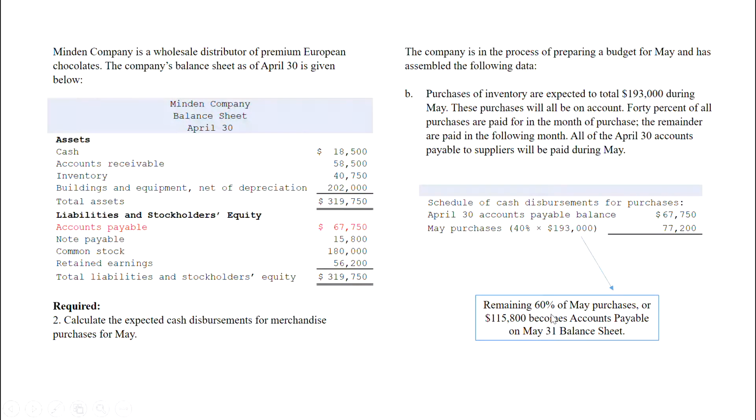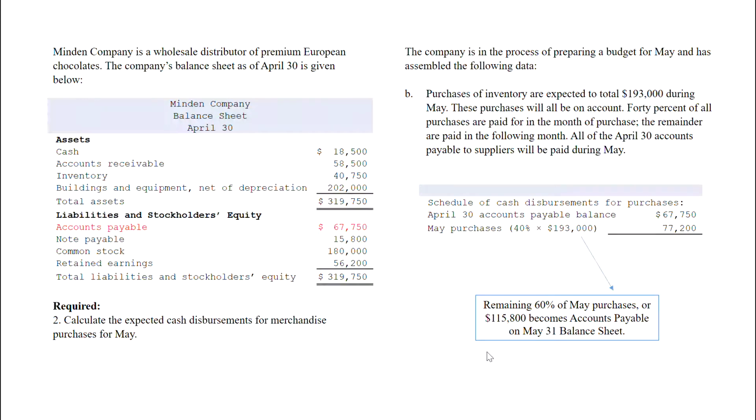So 60% of that 193,000 is 115,800. That's going to be accounts payable on our May 31st balance sheet. Again, do I need that information as solve point number 2? No, but I need that information later on when I have to do the budgeted balance sheet, so go ahead